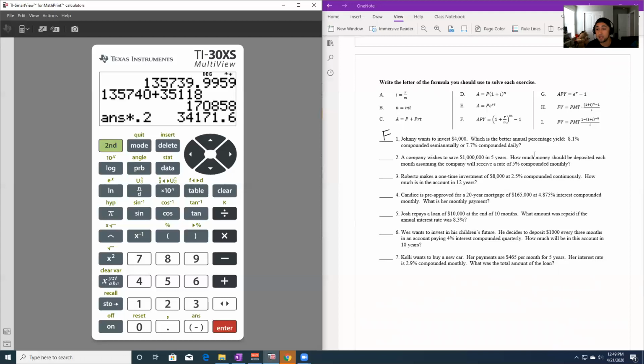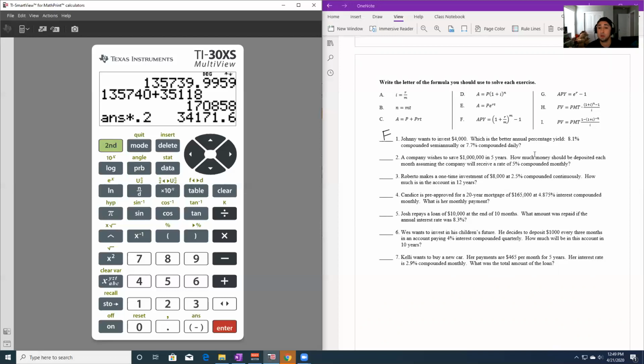Okay. 2, the company wishes to save $1 million in 5 years. How much money should be deposited each month, assuming the company will receive a rate of 5% compounded monthly? So they want to have $1 million in the future. So this is going to be future value, and they're also making deposits each month. So remember, future value and present value are based on payments every month, right? So this one, they want to have the money in the future, so this is going to be